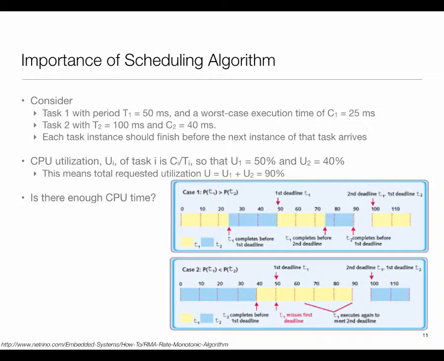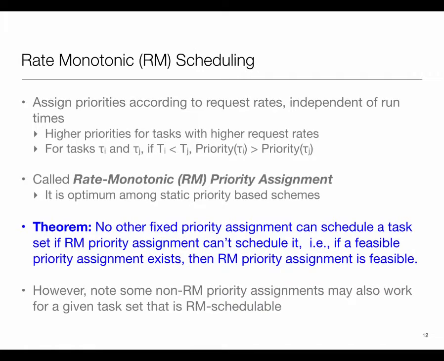Now, looking at this, what can you say? I gave task 1 the higher priority. It happens to have a shorter period and shorter deadline, so it's coming more frequently. That's the intuition, and in rate monotonic, the rate matters. Firstly, rate monotonic scheduling is for the case where deadline equals period, so we are only looking at that.